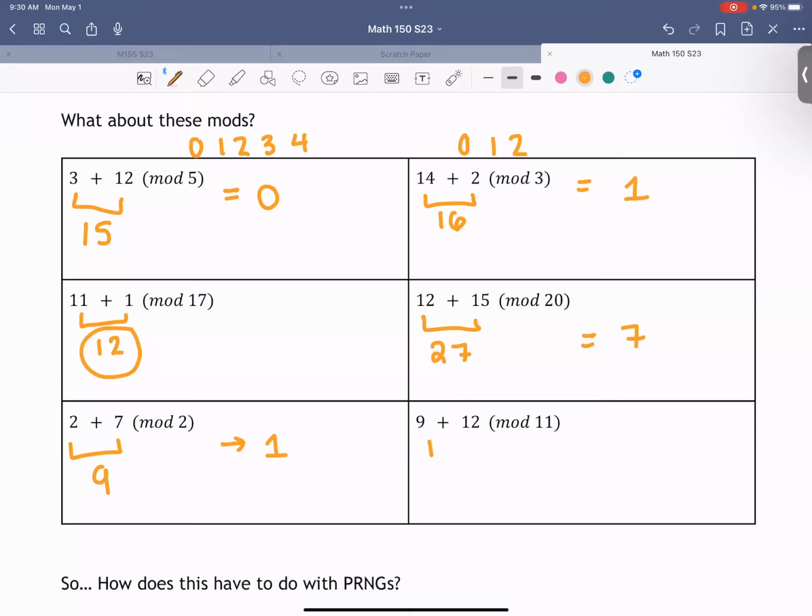Okay. 9 plus 12 is 21. We're doing mod 11, so our numbers can be between 0 and 10 this time. So 21 minus 11 is 10, and that's a number that we want. So that's our answer. Okay. You know what? I think we're doing pretty good with these. I thought this would take a little bit more time to explain, but I think we're all good with doing these mod operations. I know it looks weird because we're just using parentheses, like usually mathematicians use plus minus signs and stuff like that. But it's basically just subtracting until we get a number that we want. Okay, and that's all we have to do.